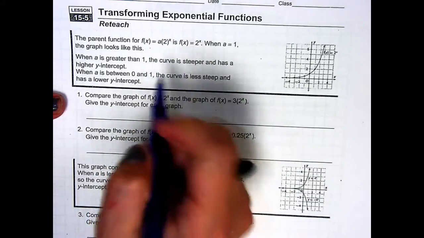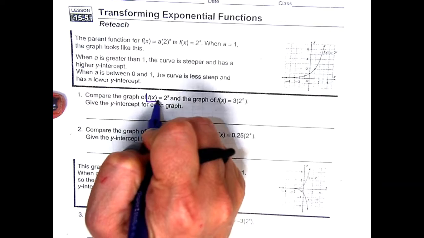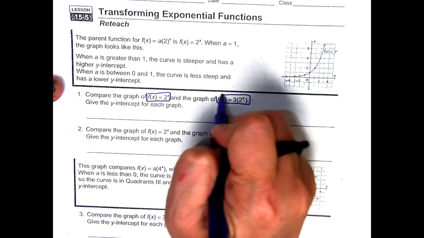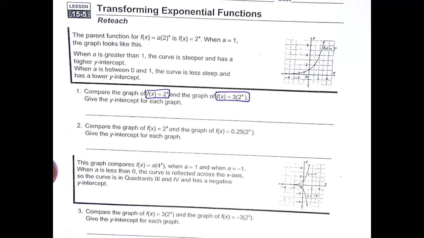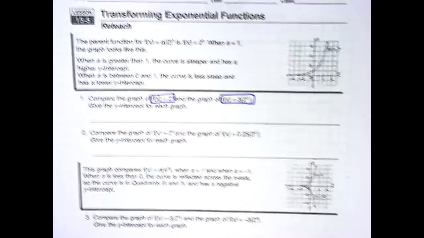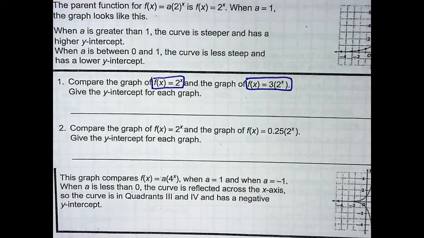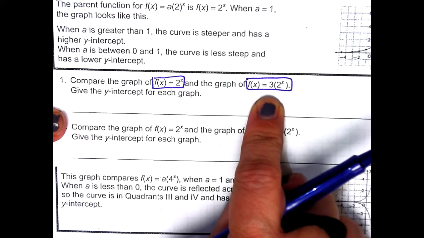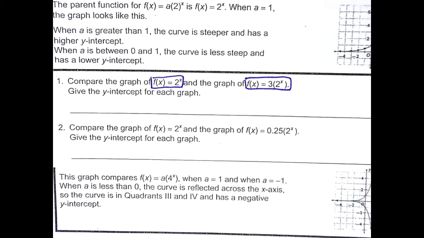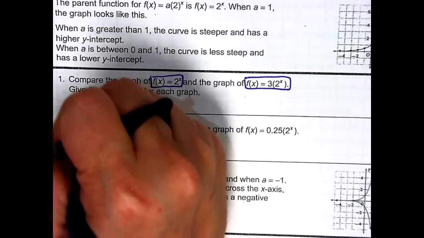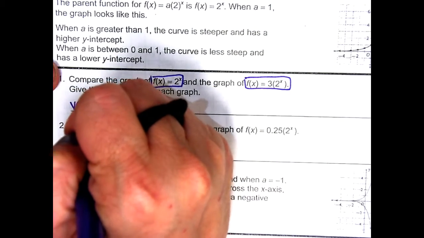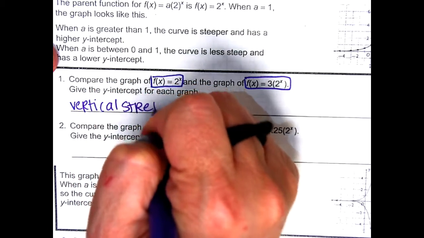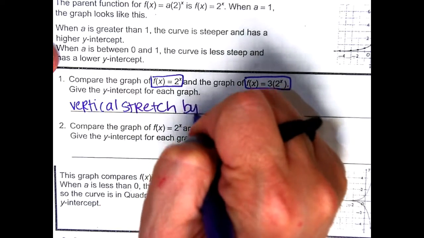So number 1 says compare the graph of f of x equals 2 to the x and f of x equals 3 times 2 to the x. So the change in those two functions would be the 3, which is a. We know from the last lesson that when we have an a that is greater than 1, that's a vertical stretch. So this is a vertical stretch by a factor